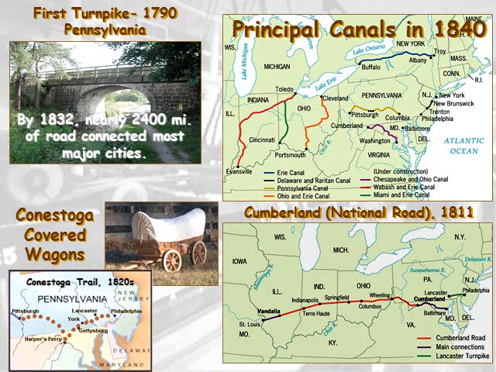Canals were made especially efficient with the invention of the steamboat by Robert Fulton. And canals, again, were a way of linking different parts of the country using waterways and an ability to ship things. Now, again, you and I live on the West Coast, and we don't really have this as part of our local history, but you can see on the map in the upper right-hand corner there the principal canals of